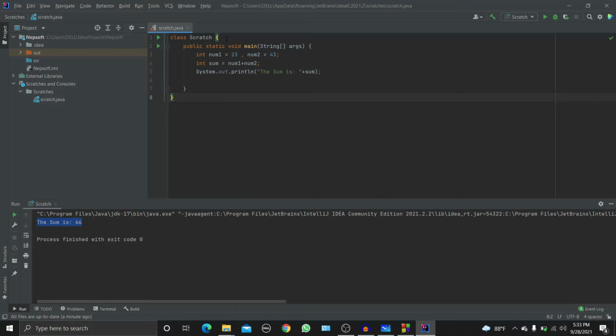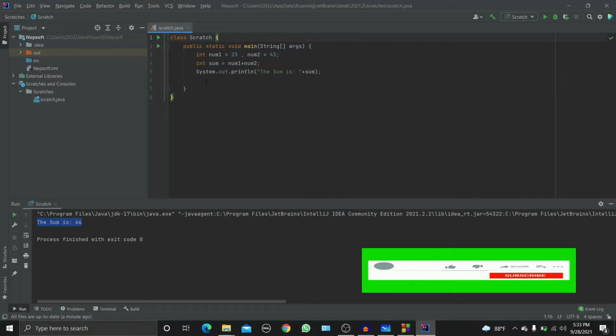We cannot declare two classes, but we can declare two functions or more than two methods or data members in a single class, and that single class should be the same name as the file. We can also declare multiple classes, but not in the same file. In the same project we can do it.